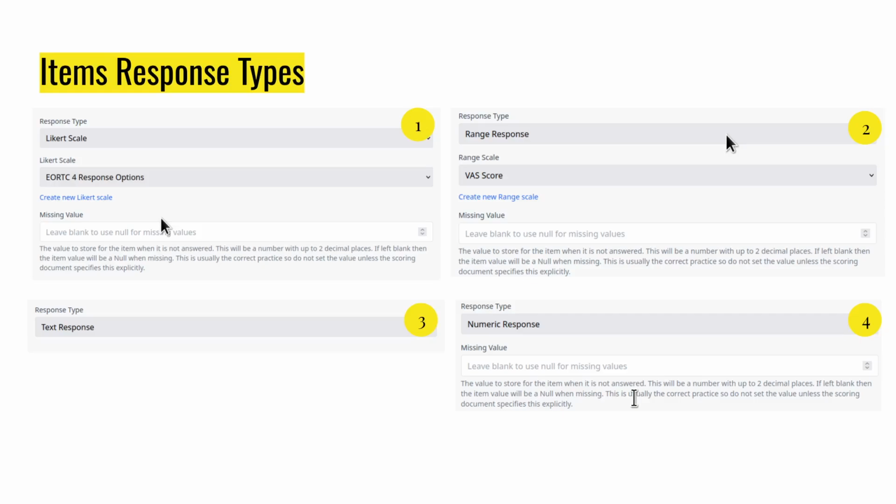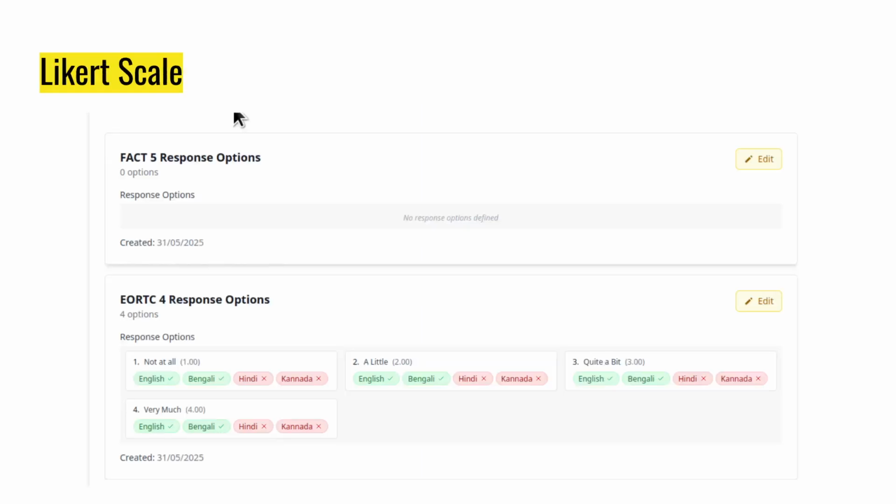Coming to the response types of the items, we have 4 different types of responses: a Likert scale, a range response, a text response and a numeric response. Now these cover the vast majority of patient reported outcome measures that we know of, which are validated and widely used. The Likert scale option, for example, allows you to set up options for your Likert scale, and one of